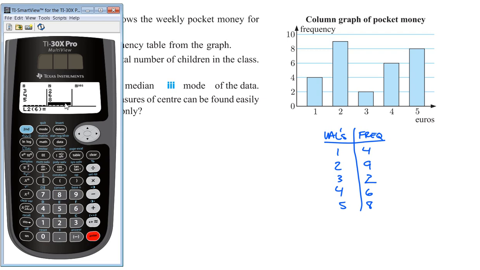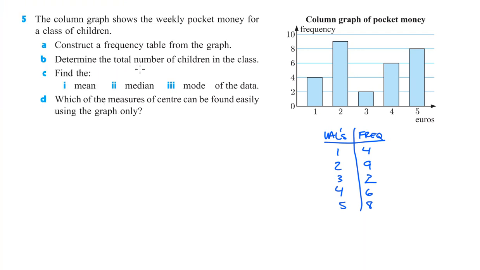Okay, and that should all match up, which it does. And then we can do second data, which is statistics. We want just one variable, statistics, because the only variable is the euros. Okay, the data is all in list 1, and our frequency we put over here in list 2. So we highlight list 2, calculate. The nice part about this is it says that there's 29 pieces of data, so that means that there are,